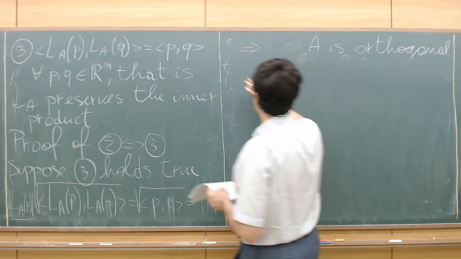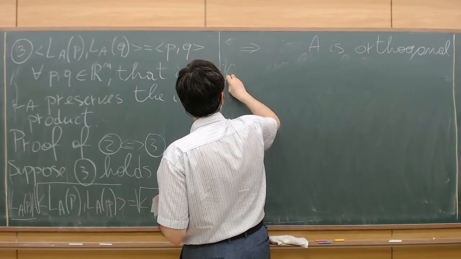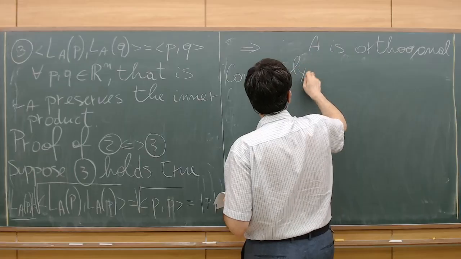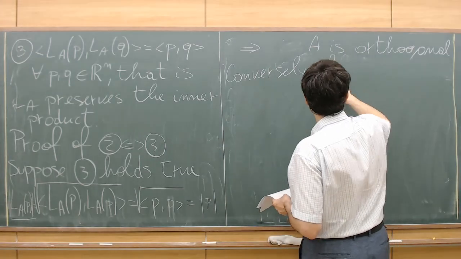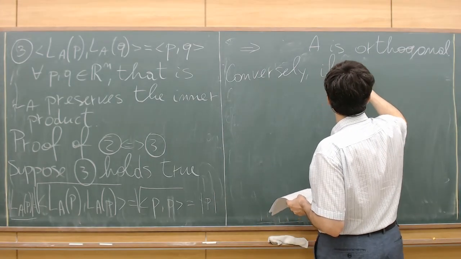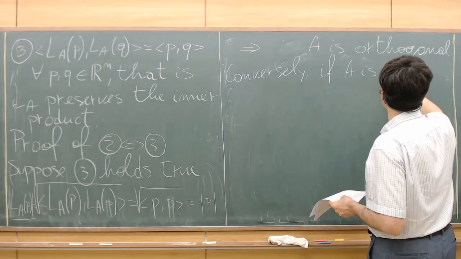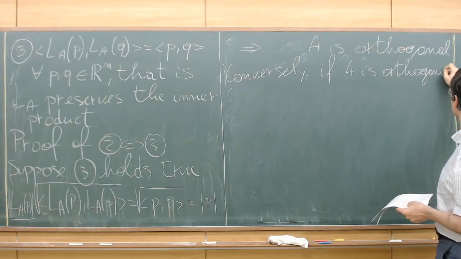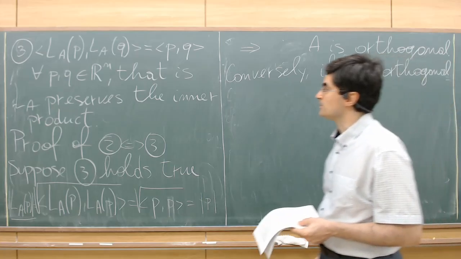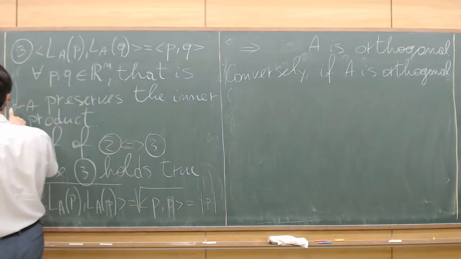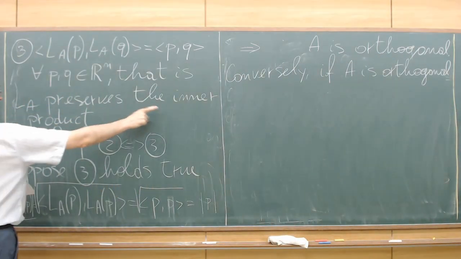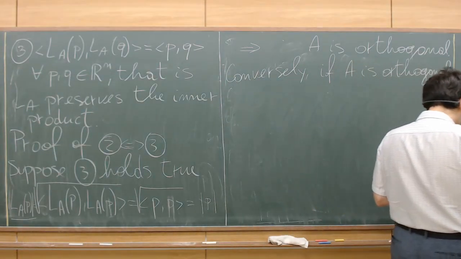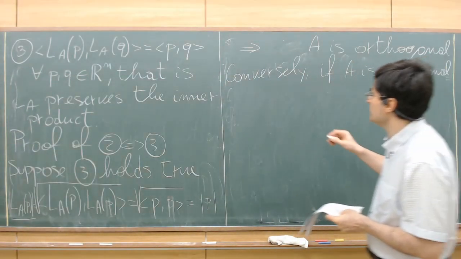Now let's prove the converse. Conversely, if A is orthogonal, we want to prove that LA preserves the inner product. Okay, the idea is